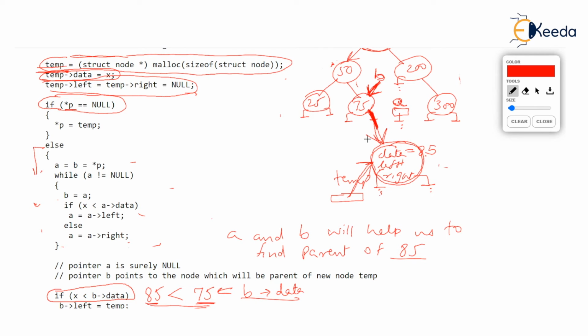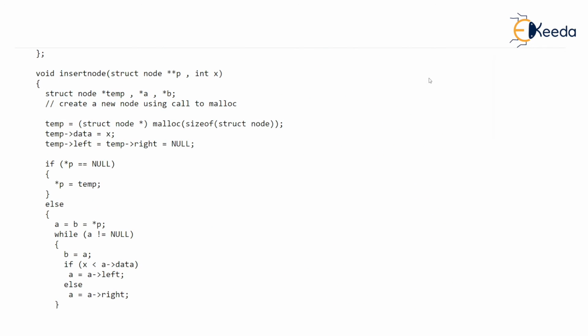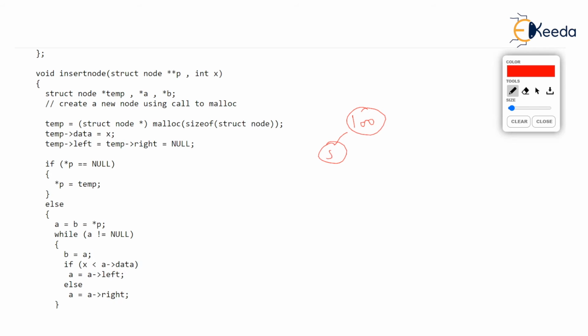Okay, I'm going to take a bit of your time again. Just check, what if we have a tree like this. 100 is the root, 50 is the left, 25 is the left, 75 is the right of 50, 200 is the right of 100, and 250 is the right of 200, and other pointers, as I am showing, are null. Root is pointing to 100. Assume that the new value x we want to insert is 35.